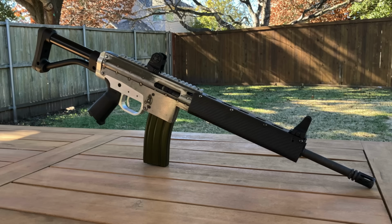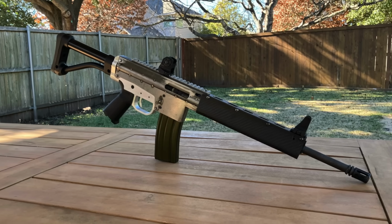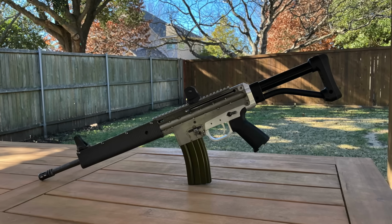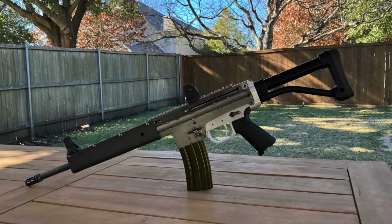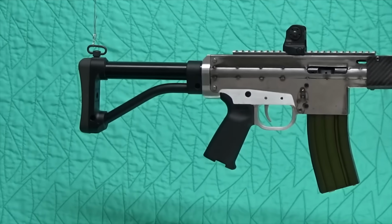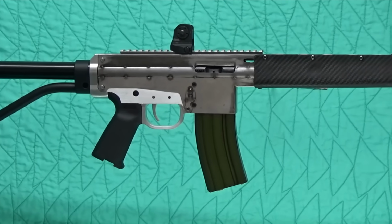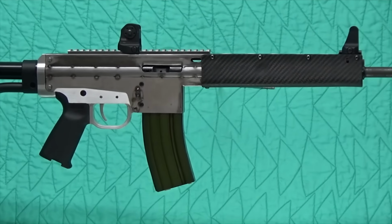I'll tell you what, I am particularly excited about this one for a lot of reasons. First and foremost, it's a cool gun. Just look at it. I mean, on its own, regardless of how it got here, it looks pretty badass. But to me, and I'm sure to a lot of you, the how it got here is a really big